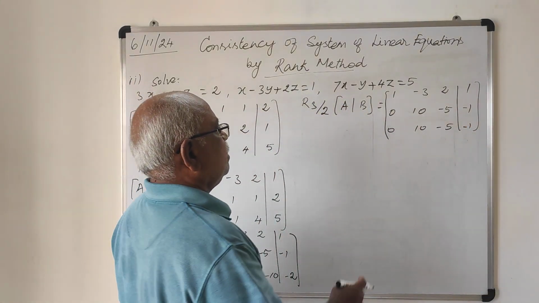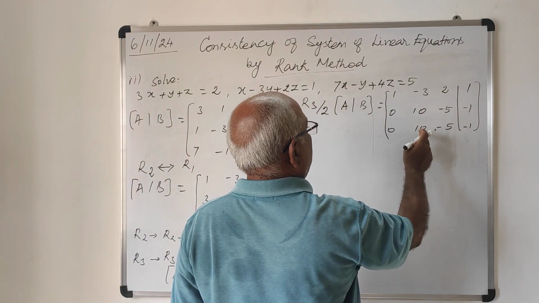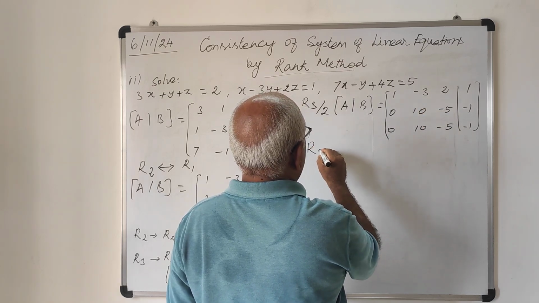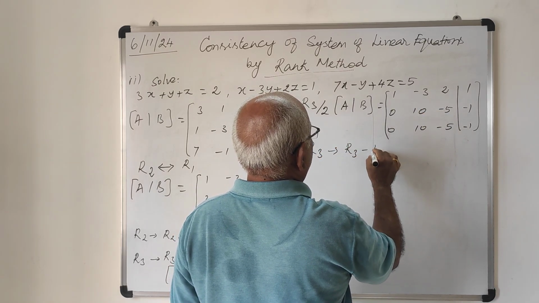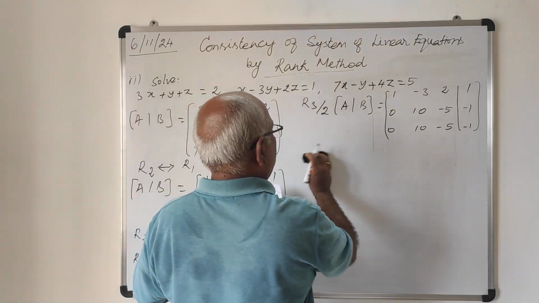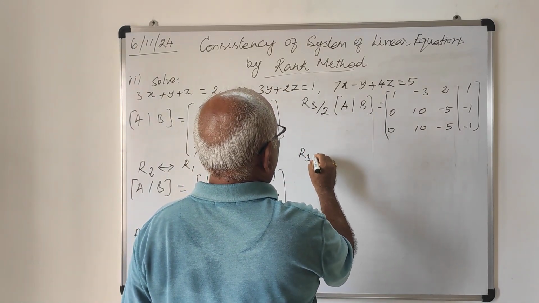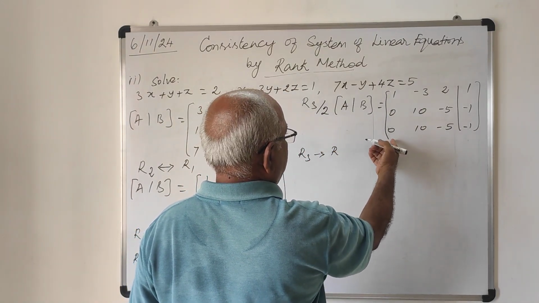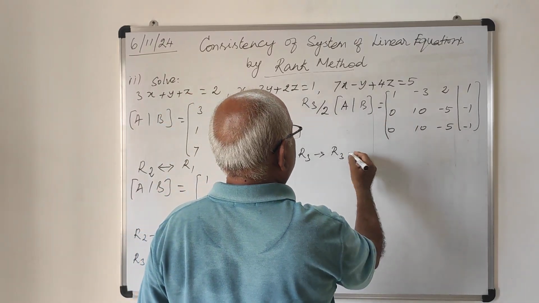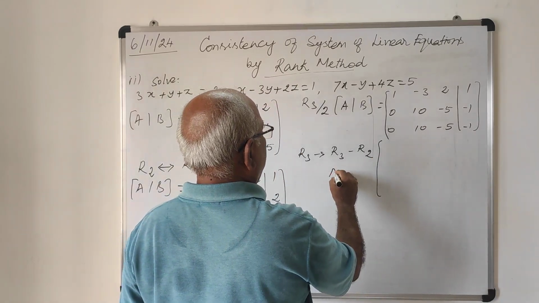Now, you can subtract R2 from R3. R3 becomes R3 minus R2. The row R3 becomes R3 minus R2. You subtract R2 from R3. The next operation is R3 can be rewritten as R3 minus R2. So the augmented matrix now is